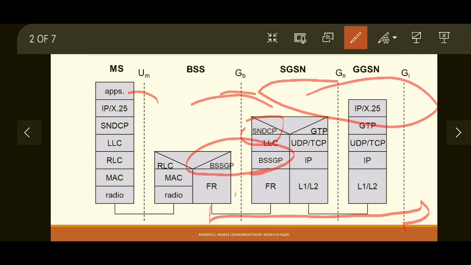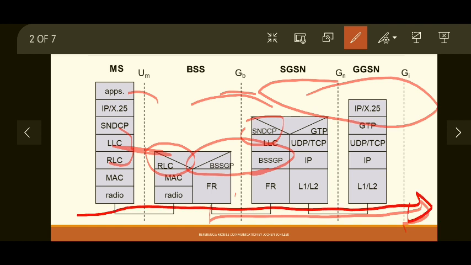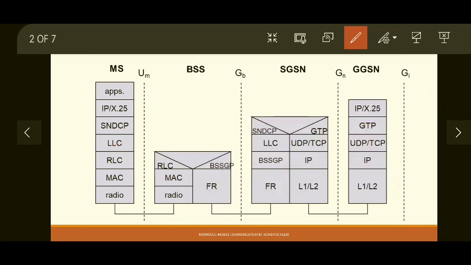Then RLC, as the name suggests, radio link control, will be responsible for wireless interface communication with the logical link and RLC of the mobile station. So this is how the communication will happen. If there is a direction of communication in the reverse direction, that is from mobile towards the external network, same protocols will be utilized and same things will happen. Functionality will be slightly different. So let's see the function of each protocol one by one.